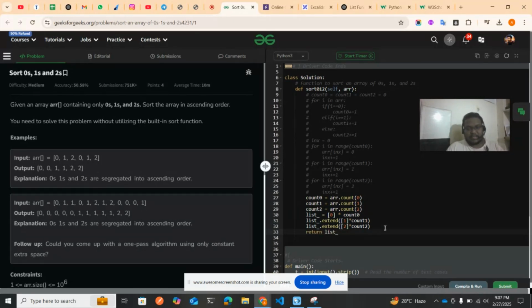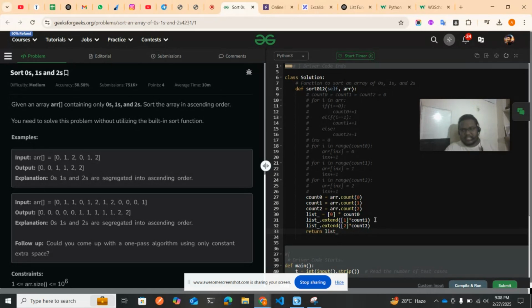Just remember, space complexity is very cheap. Don't care about space complexity when you are writing the code. Use as many variables, lists, and dictionaries as you want. Use memory as needed. In case you don't know how much memory you need, just go ahead and use a lot of memory. Just work on the time complexity. That's the one thing I usually do. I don't care about these variables and stuff. I just declare a lot of variables. Later I go and optimize things. That's a separate thing. But when you write the code, just go ahead and use all the variables. Now if I click on run,